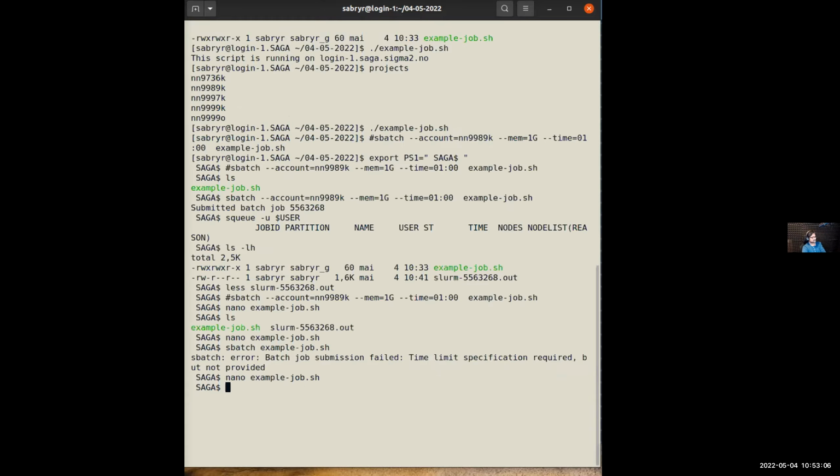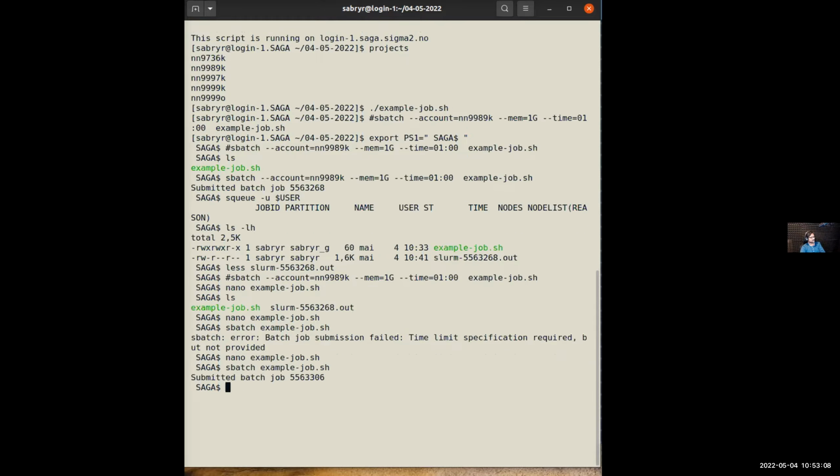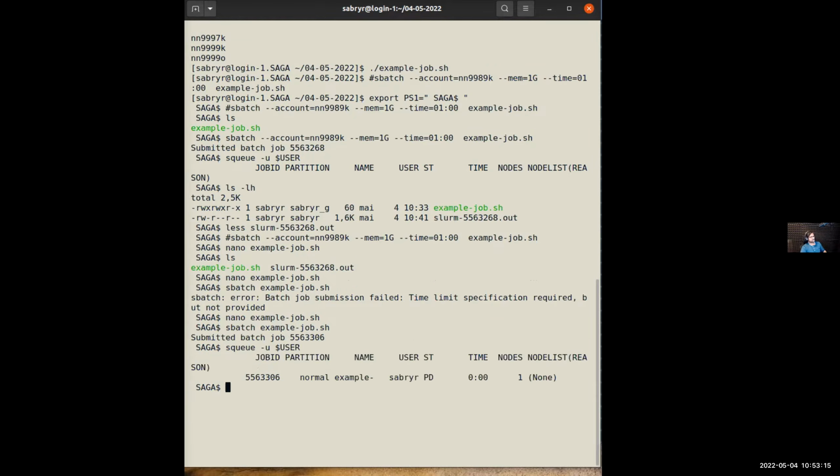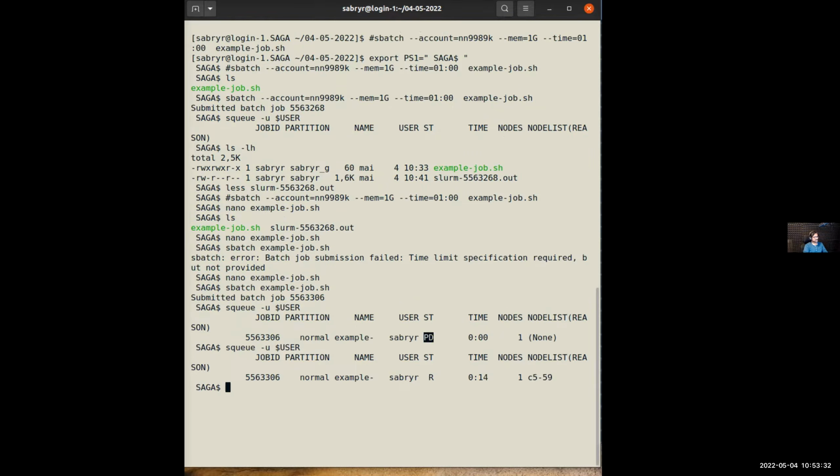Control-O, Control-X. Then I'm going to submit again. Then now I'm going to ask squeue, what are the jobs for my user? If you don't use the user, you will see the jobs for everybody. And then you could discuss a little bit on the HackMD when you're doing the exercises, what does this status mean. Pending status means you are in the queue. You have not been allocated anything yet. R means running. And this could also mean some error messages as well that we might list.